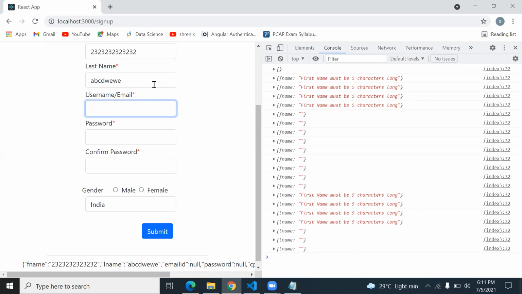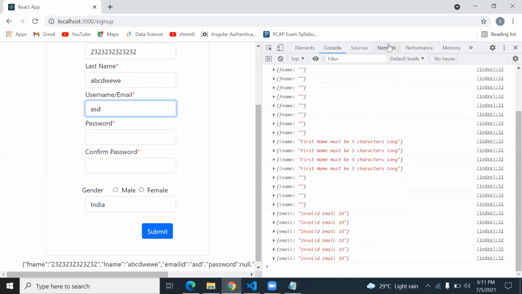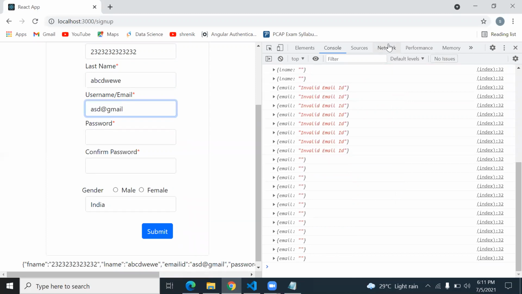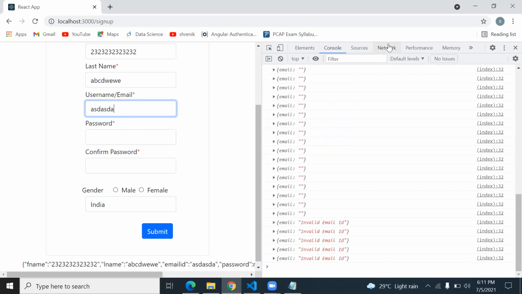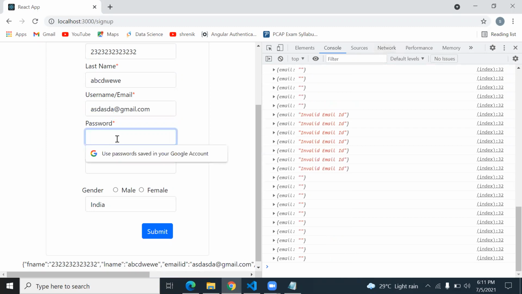Okay, I'm checking with the email ID. See, if I'm typing an invalid email ID, but as I type a correct email ID, it goes through perfectly. I think it is not checking the .com. But if I don't use @, then it will definitely show it's not a correct email ID. The regex is not checking the .com.